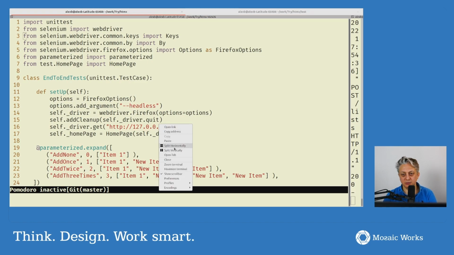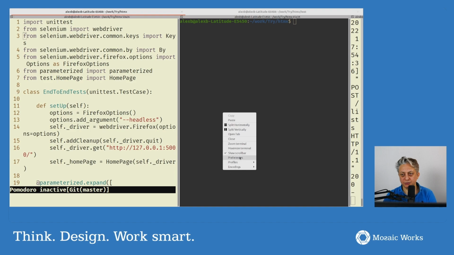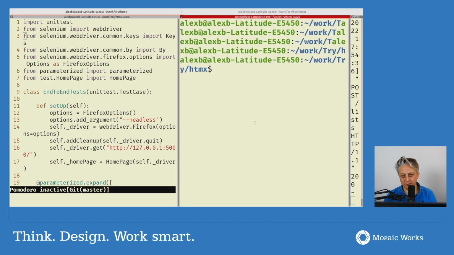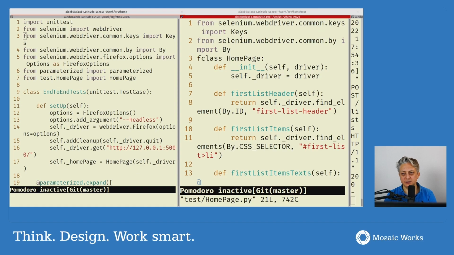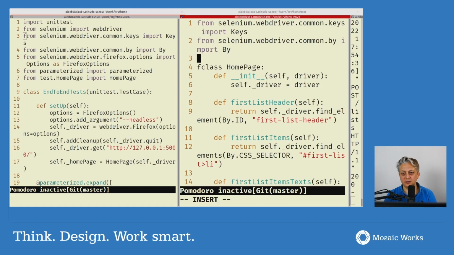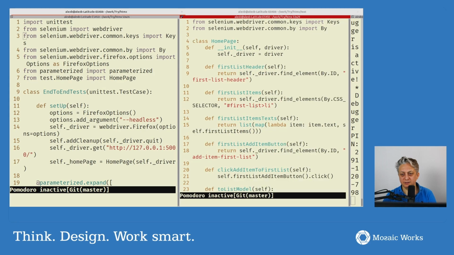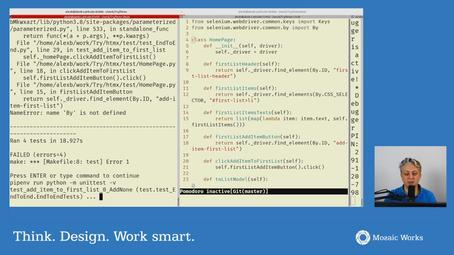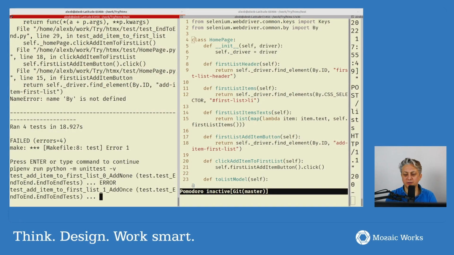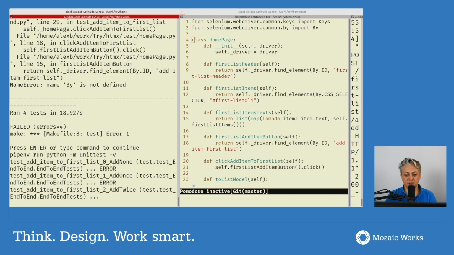So I'm gonna do a vertical split, switch to the recording thingy, do this, and test/homepage, and paste this class. Okay, let's make this smaller so that we can actually see what's going on, and let's try to make test and see what's the output. Okay, so we still have an error. What are we missing? We're missing